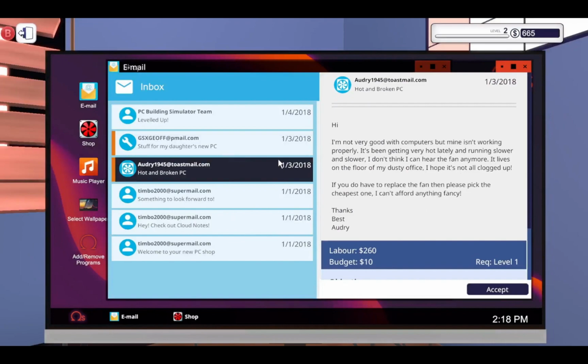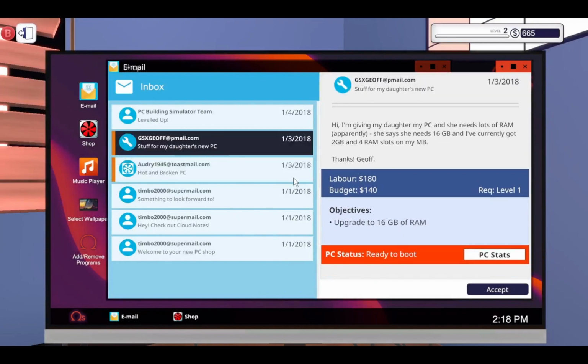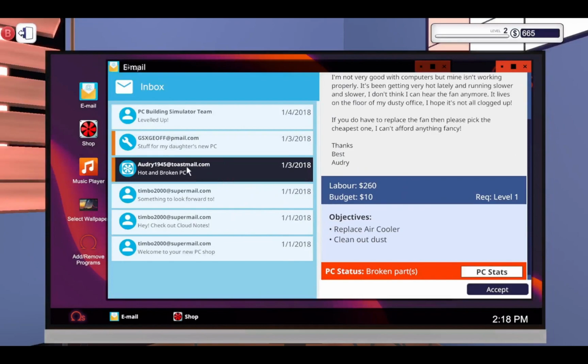Okay, so what do we need to do? For here, we need to replace the air cooler. So let's buy one of those, but first let's check the other one. So I'm giving my daughter a PC, and she needs a lot of RAM, apparently 16 gigabytes, and I've currently got 2 gigabytes and 4 RAM slots on my MB. Okay, so we just need to get 16 gigabyte RAM and a new air cooler. So let's go to the